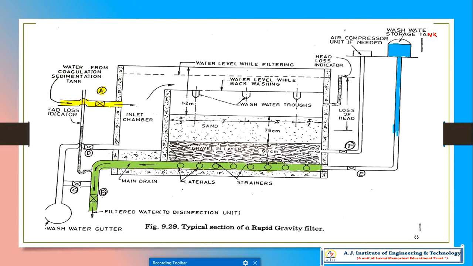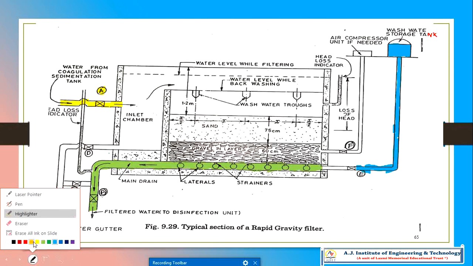Till here, you can see, right? Not perfect, but please excuse me for this.